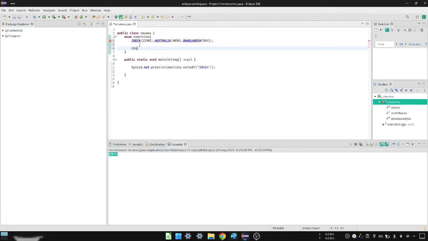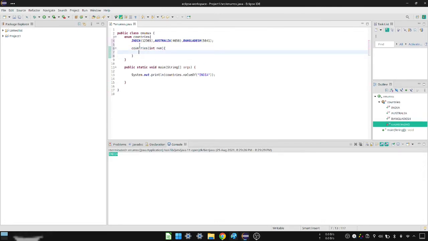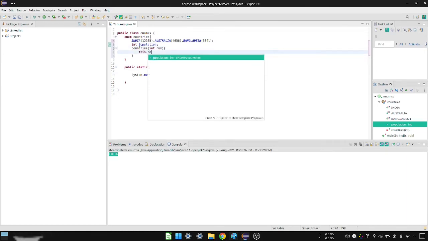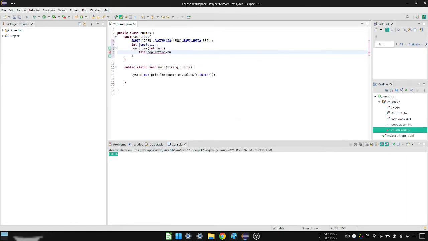So we need to create a constructor which takes a number, and then we can declare a global population. Now simply here I write this.population equal to num.